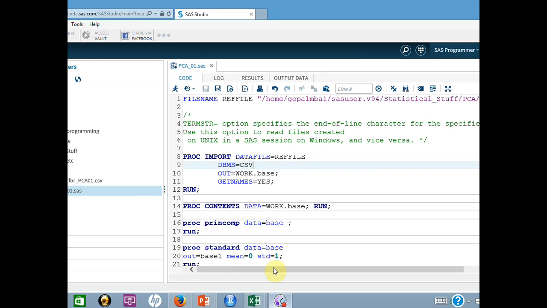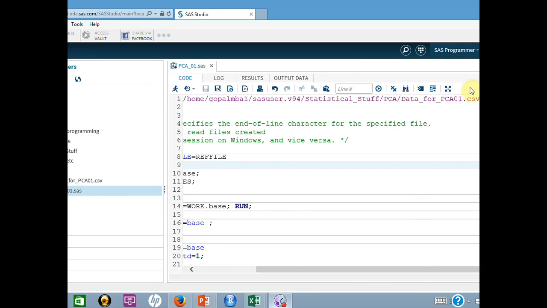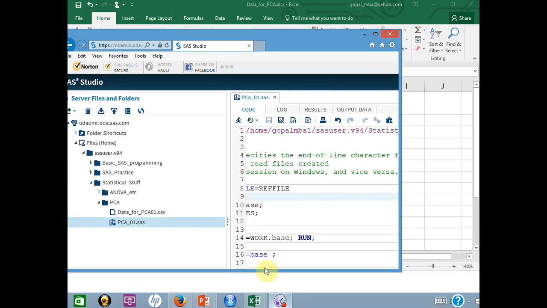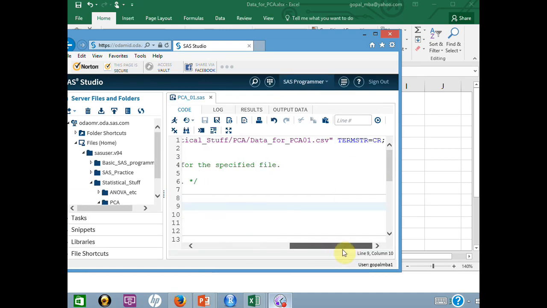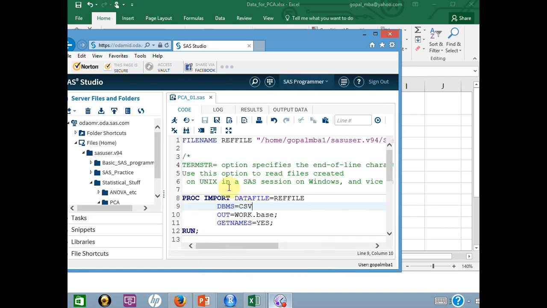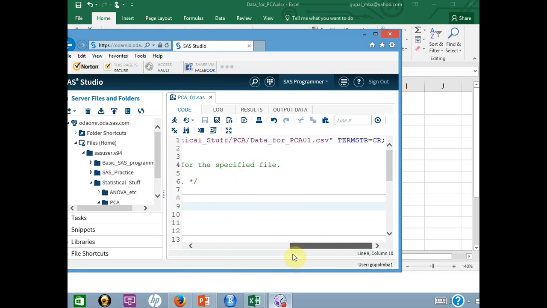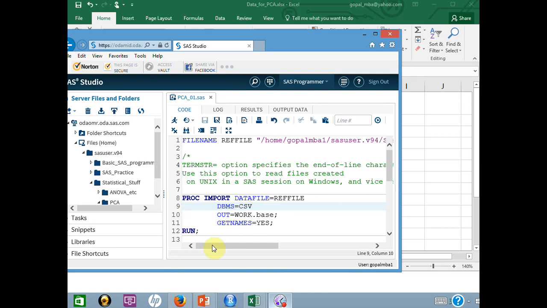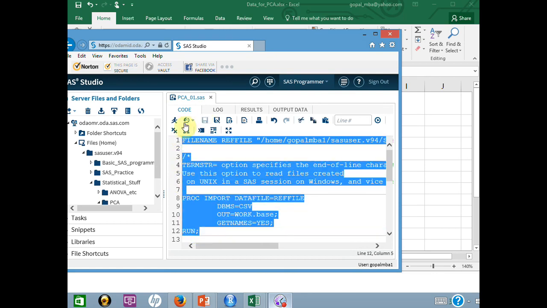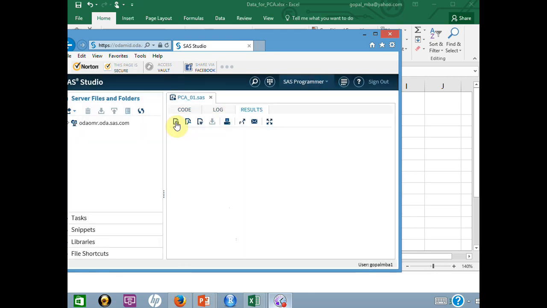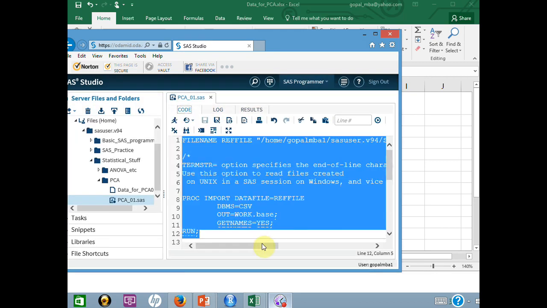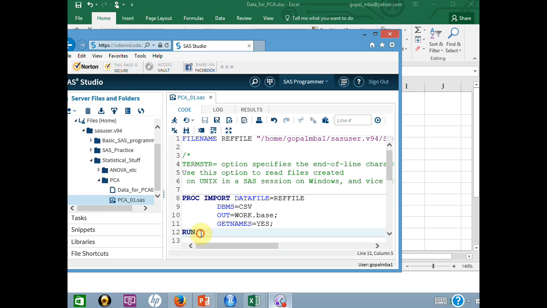So I'm just going to load that data very much the same way you do it. Let me bring it in between so that everything comes in between, and read that data. This str option that you see at the last is to let it know that the file has been generated in Windows, and I'm using it on Unix, so it should take care of that. So let me read this data and import this data in SAS. Again it has given an error. It looks like I have not selected properly. Let me do it once again.